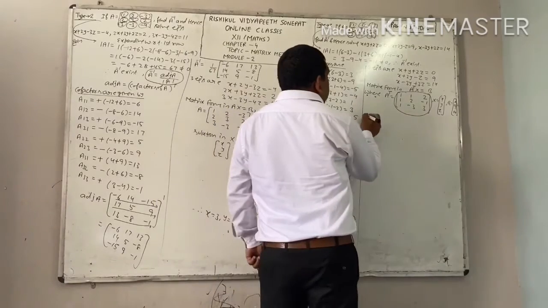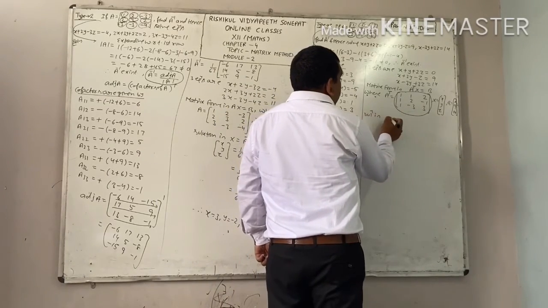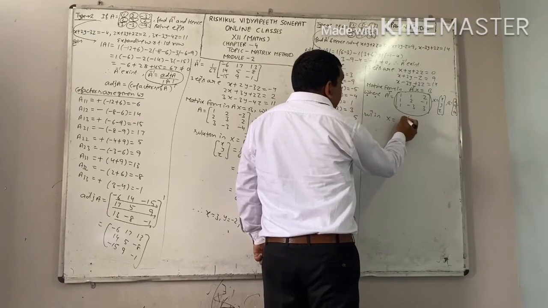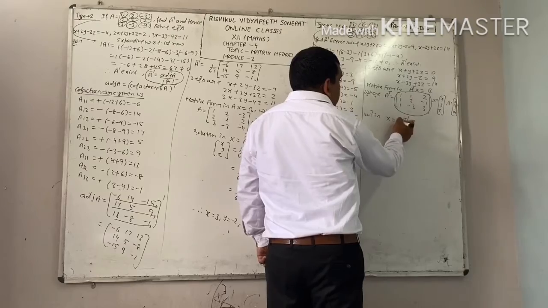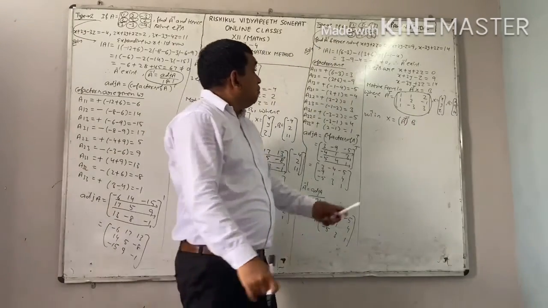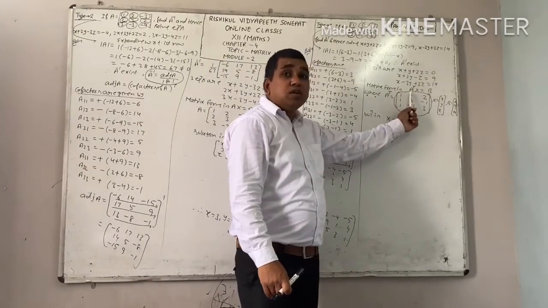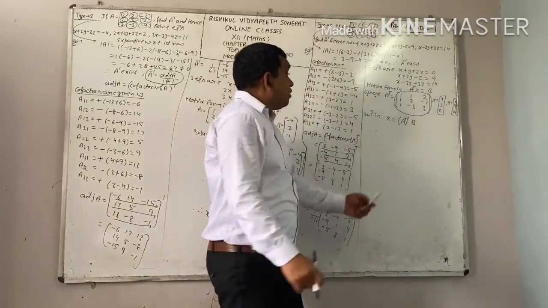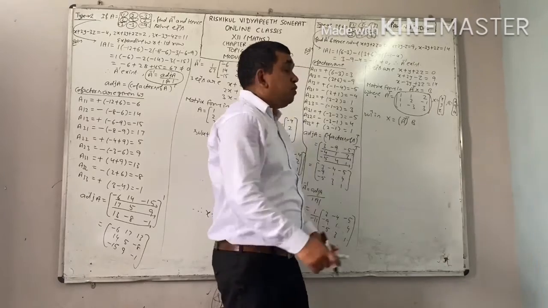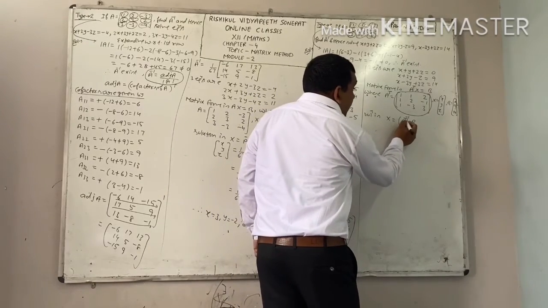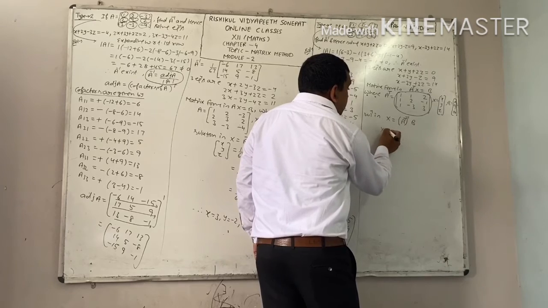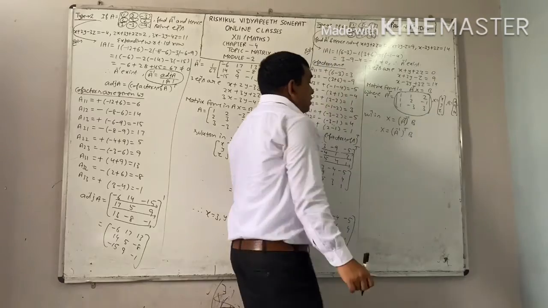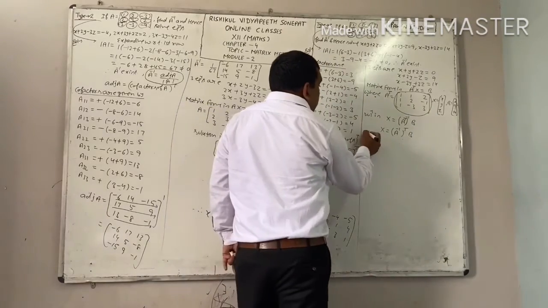Now the solution we know very well. We write X equals A inverse B, but in place of A you will write A transpose here. Right? Because here A is not coming, here A transpose is coming. Therefore it will become X equals A transpose whole inverse into B. Now we know the property, we can interchange transpose and inverse. Interchange them. This is A inverse whole transpose into B. Now put in the values. X equals x, y, z.